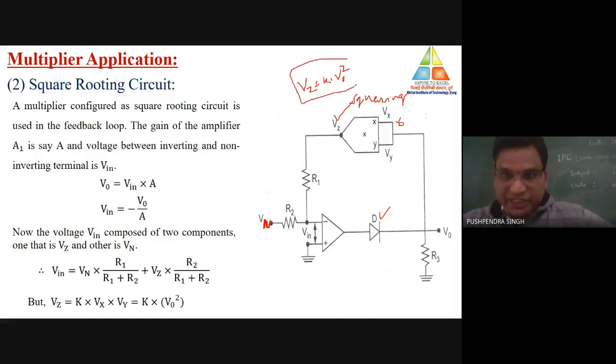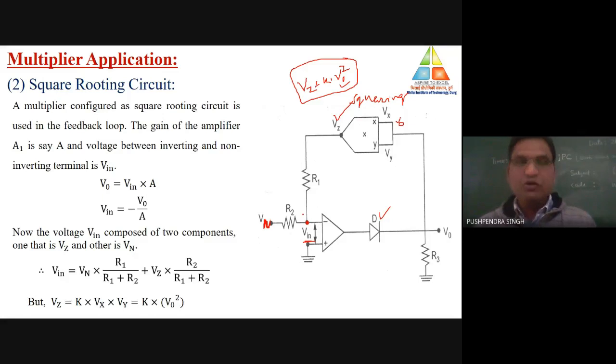With the help of Vz, we have already derived the expression of V naught. So now we have the value of V naught. Now we also need to take the value of input. How to calculate the value of input? Just calculate the value of this particular voltage. Let the value of this voltage be Vin. This Vin is the intermediate voltage. Due to virtual ground, the value of Vin is equal to 0.